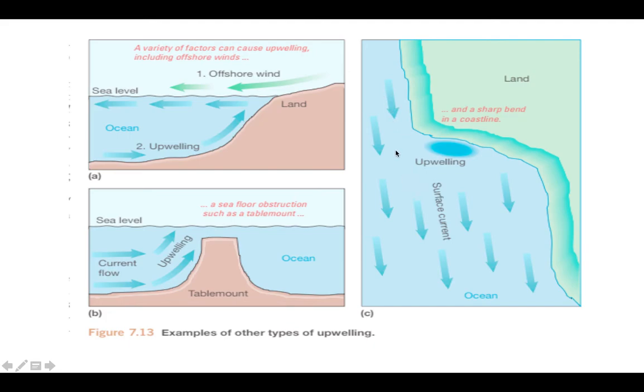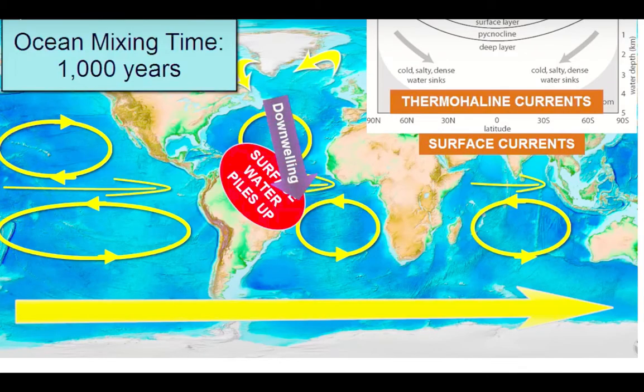There is a horizontal friction of this current with nearby water, so it will drag water from this region also. As the current is going, it is also in contact with the water masses over here, so it will simply create a shear effect, and due to this shearing, water will upwell in this region. So if there is a sharp bend along the coastline, which is common in the California region of America, we get upwelling. Okay, is this clear?